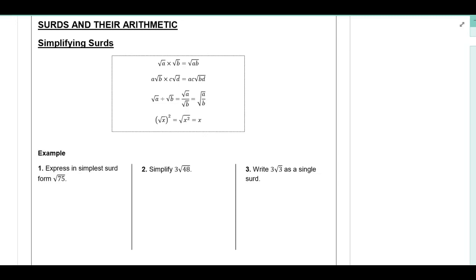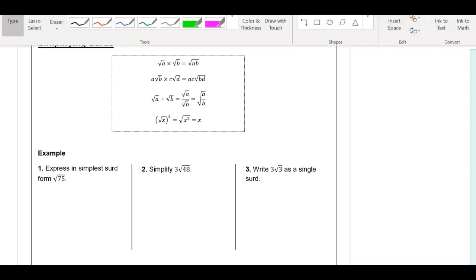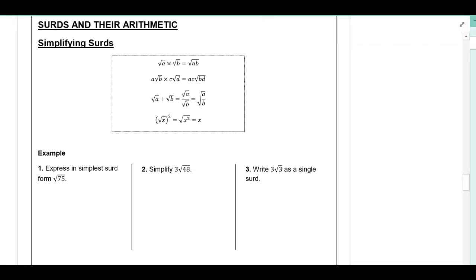Okay, surds, you know, is the square root, and because it's a square root, certain numbers are really important. So if I know my squared numbers and know factors of my squared numbers, it's easier. All right, so our important numbers are 1, 4, 9, 16, 25, 36, 49,